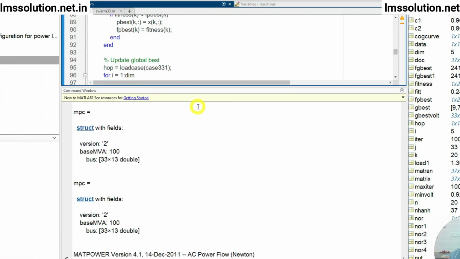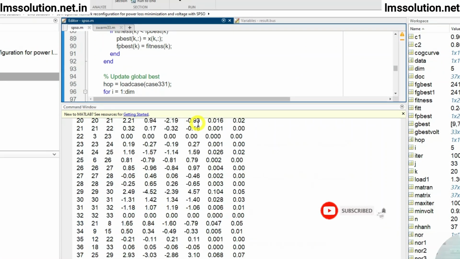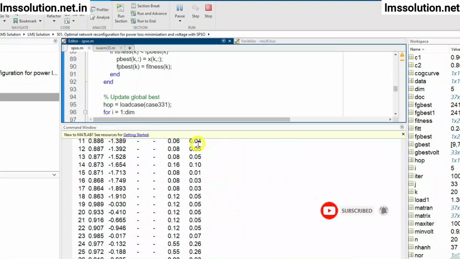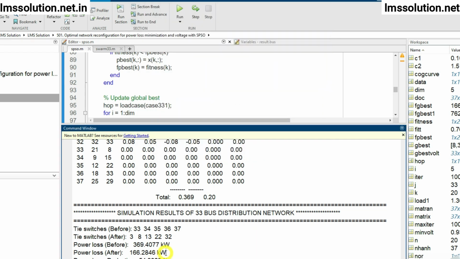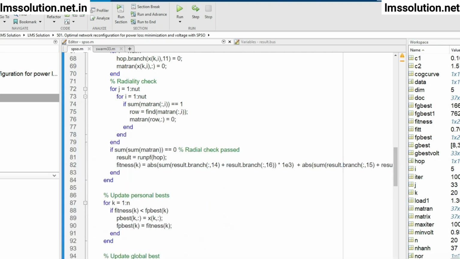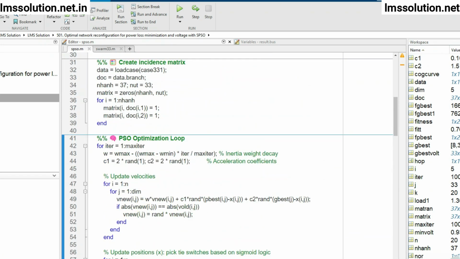So when we are not considering absolute value, right, that means we are taking the real power loss, reactive power loss and voltage deviation, then it will have a problem. Now you can see that, right, now we are getting the result. So now we are taking the absolute value of the real power, reactive power and voltage deviation, then it will work now, okay. So let me again test the system with a different loading condition,